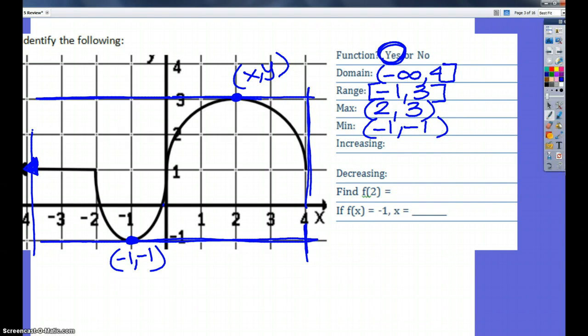Increasing. So from here, let's go ahead and go from the left to the right. Notice this piece right here we don't care about. That's not increasing, it's not decreasing. But starting at the number -2, all the way down to the